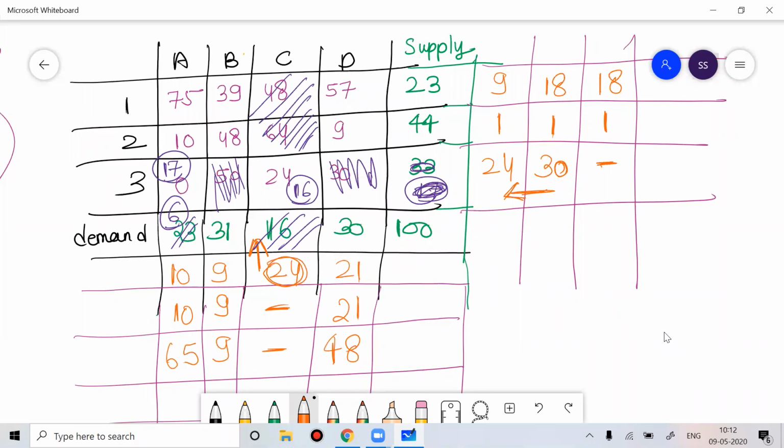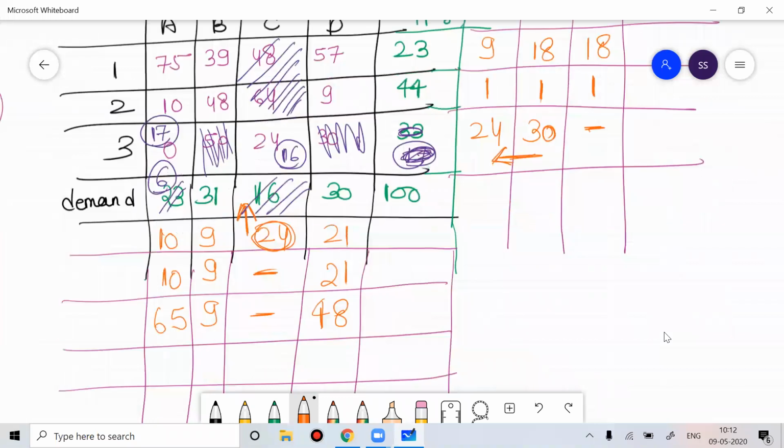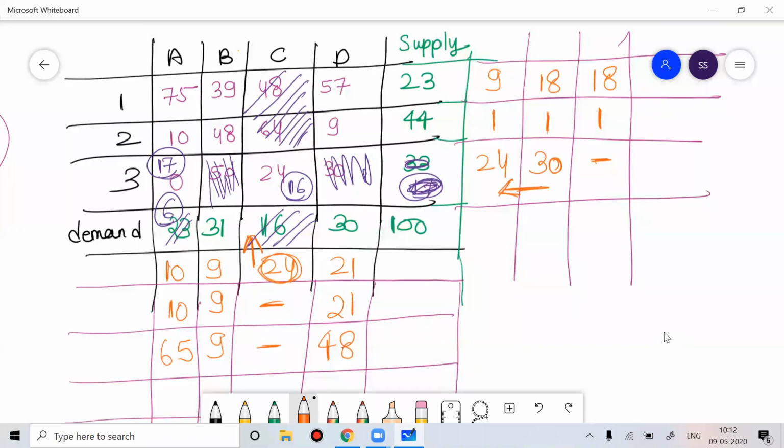Now see row wise and column wise, which one is the highest element. The biggest difference is 65, which means it will enter into the solution. Now only two elements are left, 75 and 10. Out of that, the minimum element is 10. So you do allocation for that. The supply for that 10 is 44 and the demand is 6. Maximum how much can you put? You can put 6.